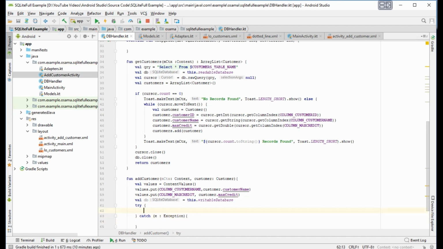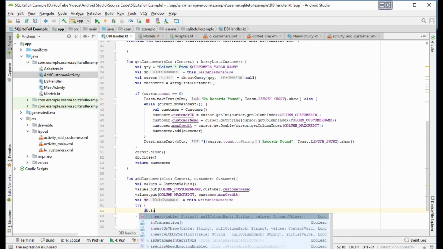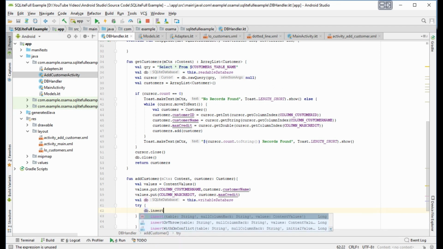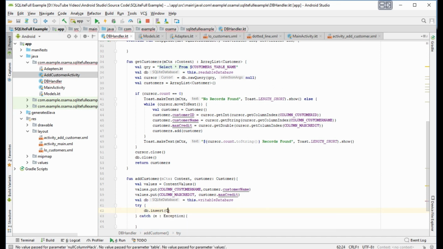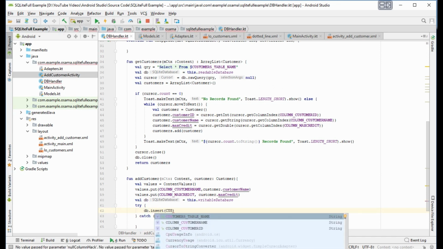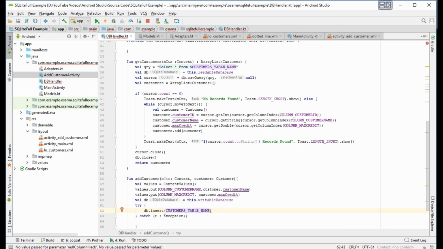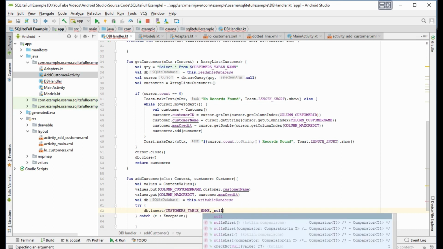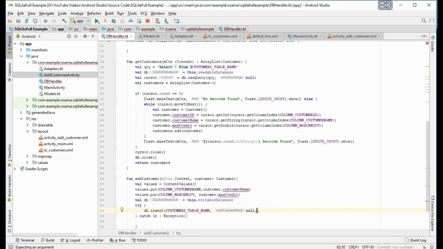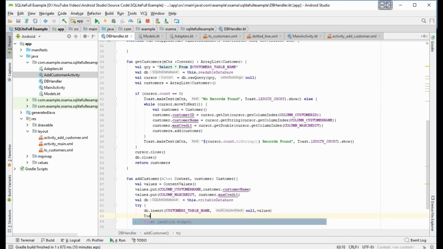Now what will we try? We will try db.insert in the customers table, comma null, comma the values,